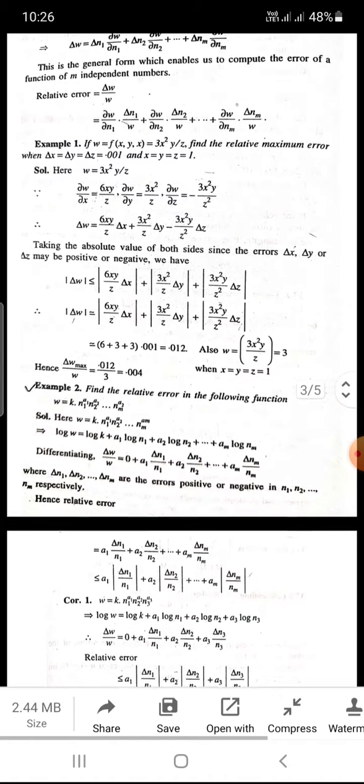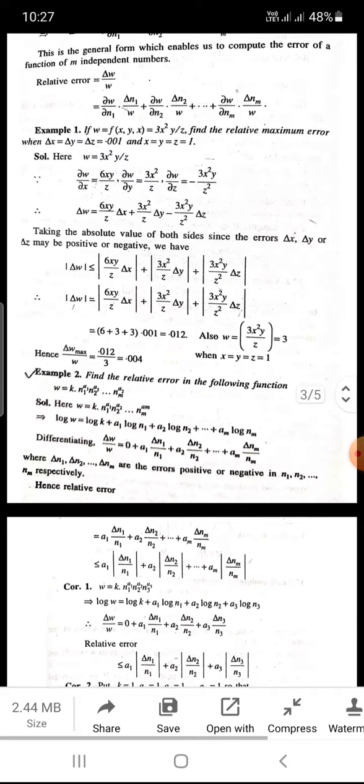Now, taking the absolute value of both sides, since the errors delta x, delta y or delta z may be positive or negative, we have mod of delta w is less than or equal to 6xy upon z into delta x plus 3x square upon z into delta y plus 3x square y upon z square into delta z. So delta w will be equal to 6xy upon z